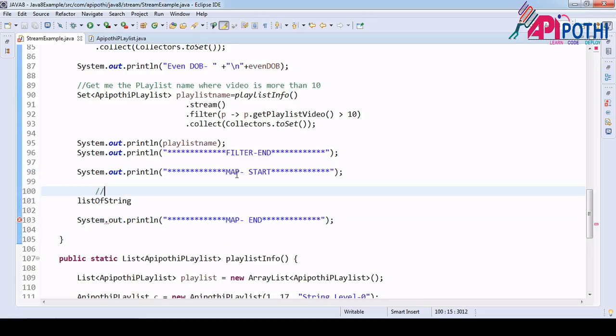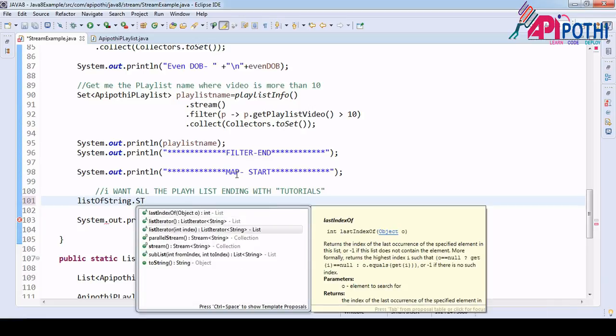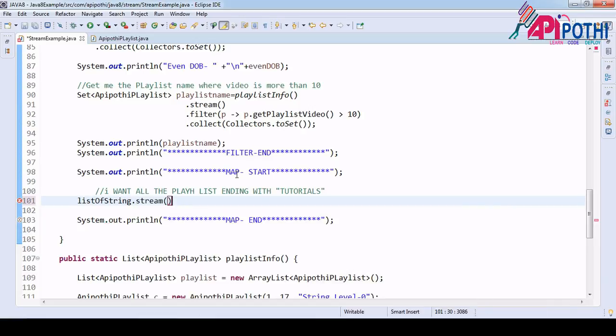Okay, so I want to do the operation where I want all the playlists ending with tutorials, right? So this is the raw data. I want this data to enter inside the pipe, meaning the stream. Now the data is inside the stream.